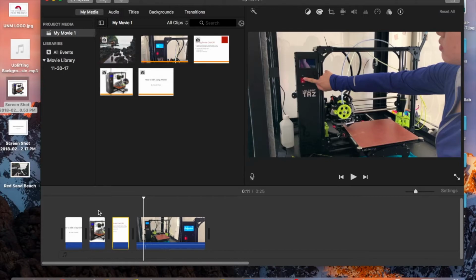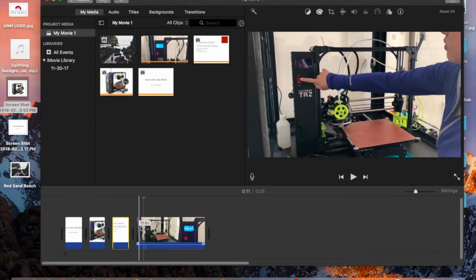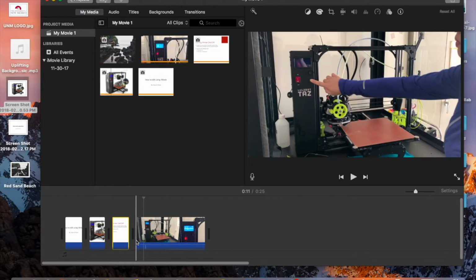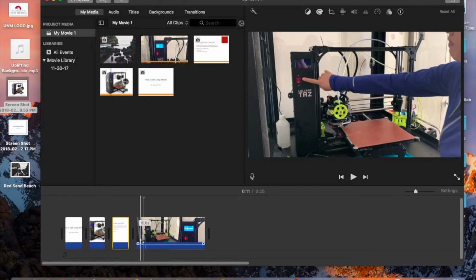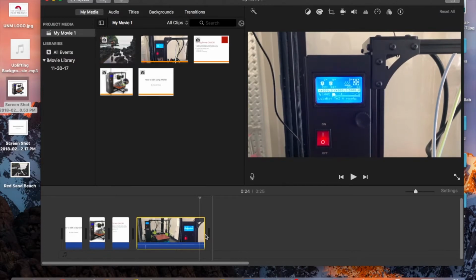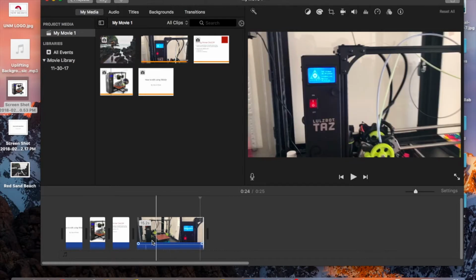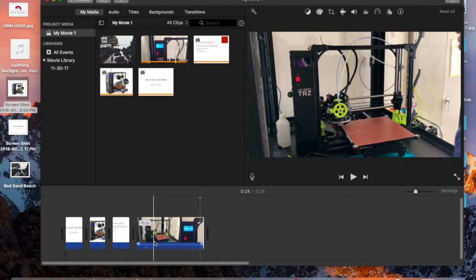Moving on to the actual video that is showing me turning on the printer. I'm going to go ahead and split this video in half so that it's easier to edit because it's just one long 10-second file. So to do that, you can either slide that arrow back and forth to shorten it,